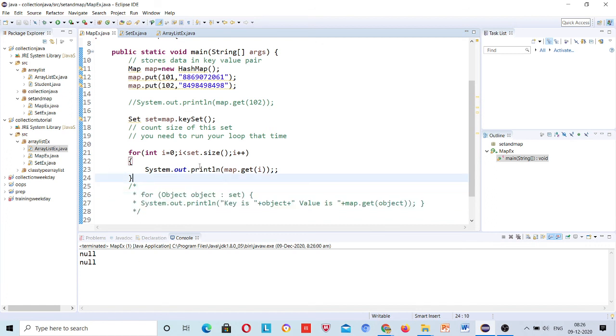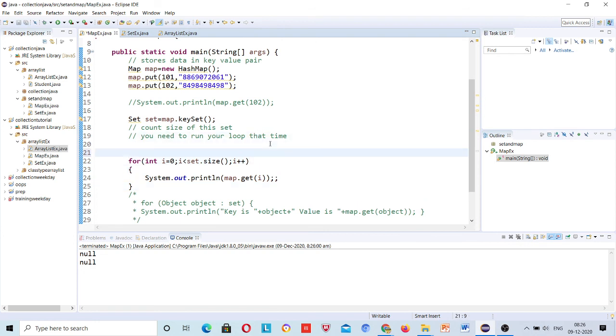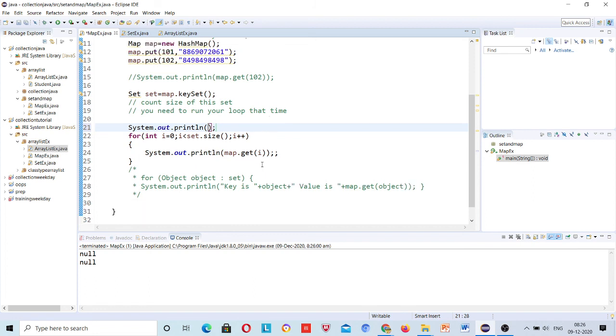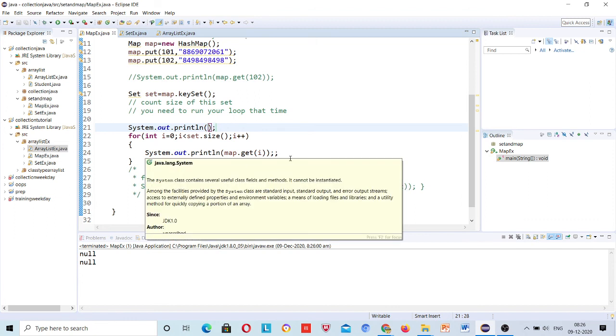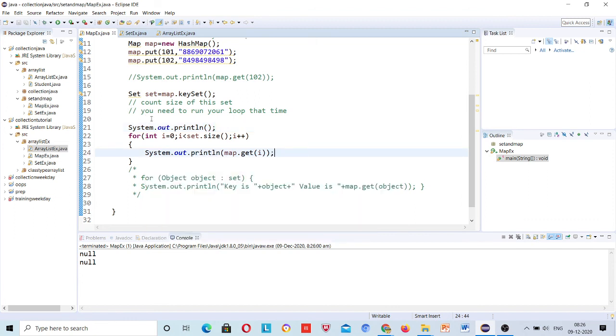It is printing null. Let me check that first. See, in the for loop, you gave two semicolons at the end of the system out dot print. That's not a problem.